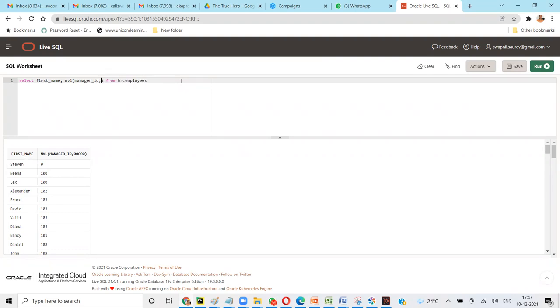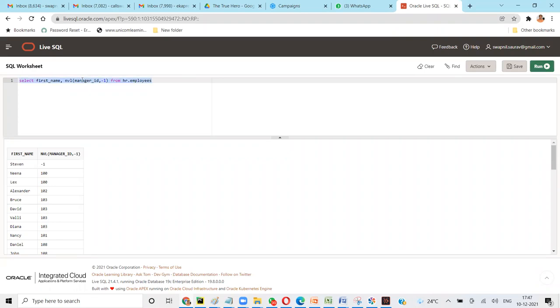Or -1, because most of the analysis will not accept null values, right? When we are doing data visualization also, we have to convert null values, correct? So similarly, we have to convert these null values into a number. Similarly, we had this commission percentage that was also a number.